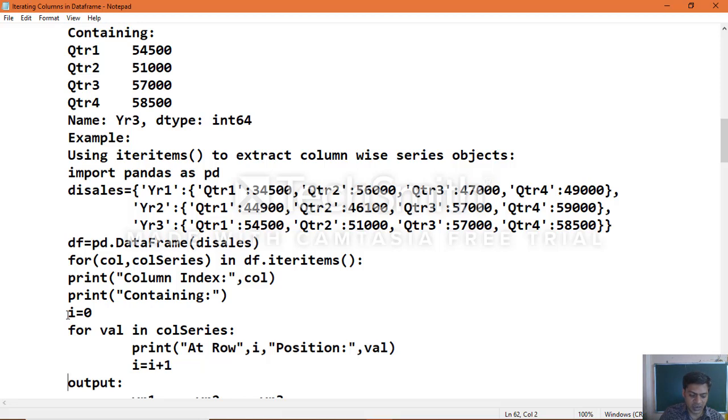The inner loop you need to take to extract the position values, default position values for the column. Okay, then for val inner loop, we use for val in column series, print at row position value, then increment that i value and the second row will be taken. It's the same way until it completes all the rows in that particular column, so it will execute that inner loop and then come out of the outer loop. Finally you will execute the complete output.